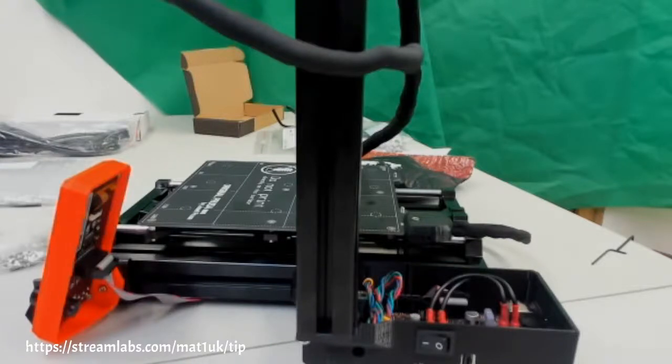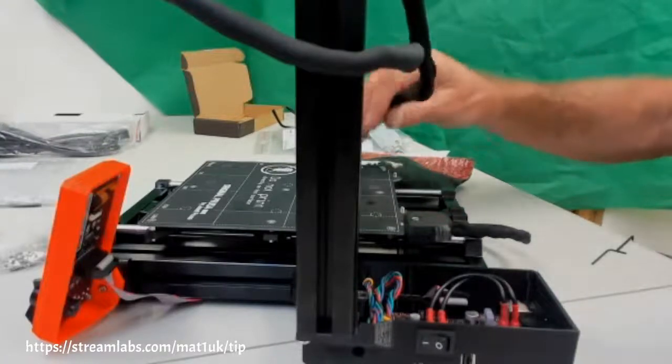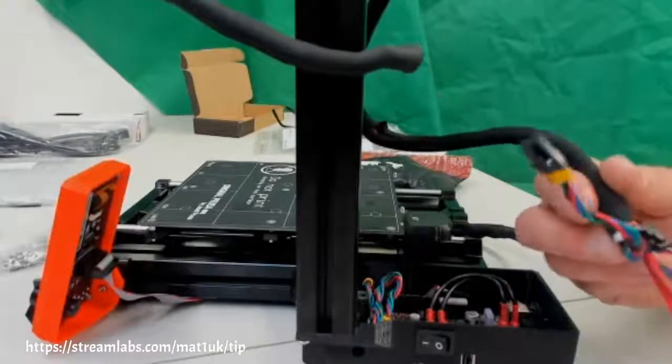So it talks about inserting the PCFE tube. Okay. Connecting the filament sensor, connecting the electronics. So we're at that stage now, so that's step 18. There's a pretty picture for me. So, here we have a